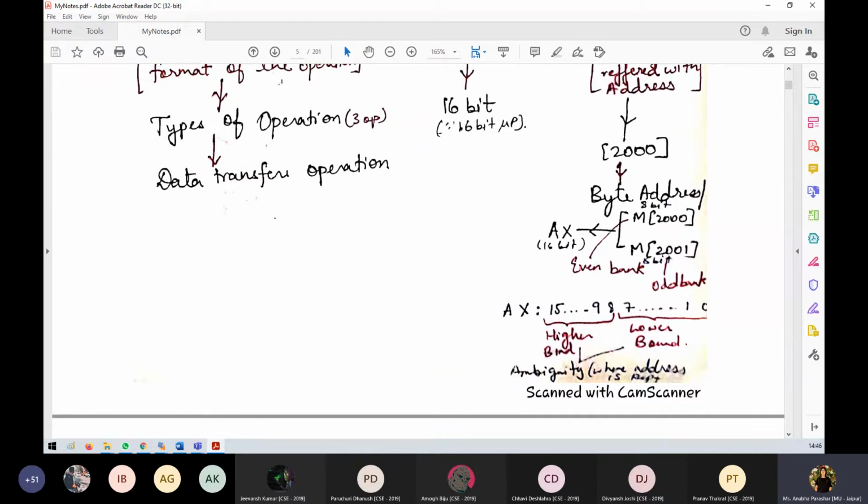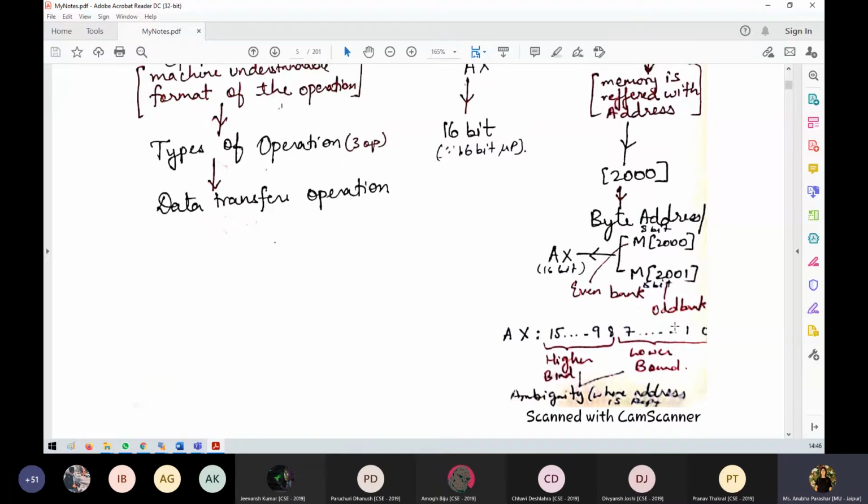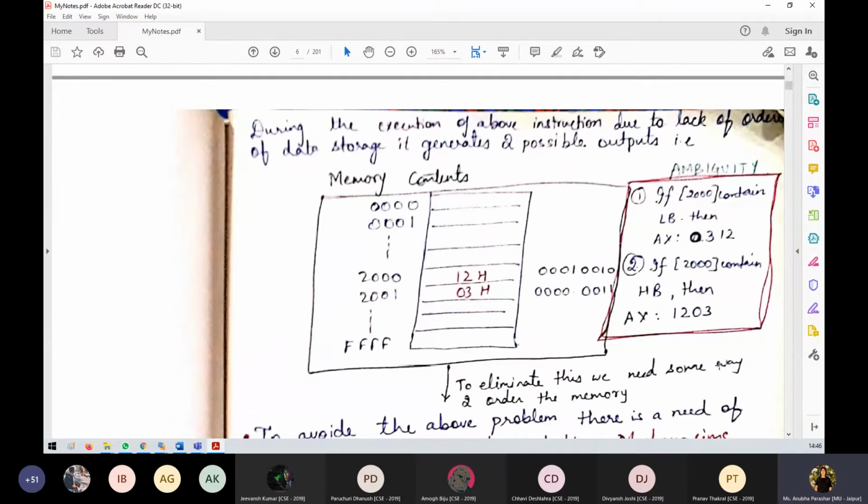When we have a 16-bit memory address space, you call this higher byte 8-bit, and you call this lower byte 8-bit. Now, suppose some data is there which you wish to store in AX. Will you first start storing it from the higher byte or the lower byte? This is one question. To understand how the memory storage can be done, just imagine